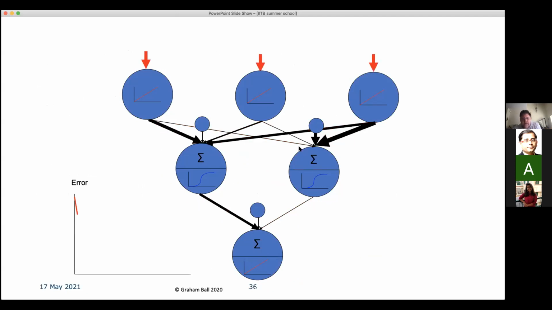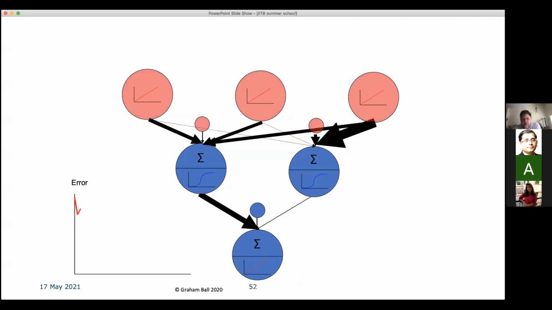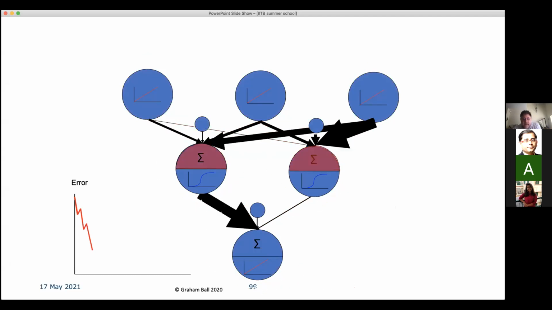So what it's doing is effectively updating these weights in this network to be able to mathematically predict from the input values an output value. So it keeps feeding forward, back propagating. And you can see the weights here are represented by the thickness of a line, and it feeds forward, back propagates, and effectively those weights update in accordance with that error. And in that way, it learns to make a prediction.